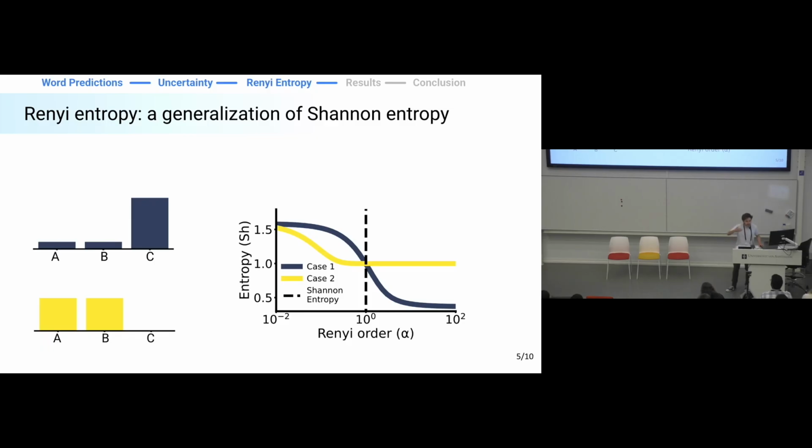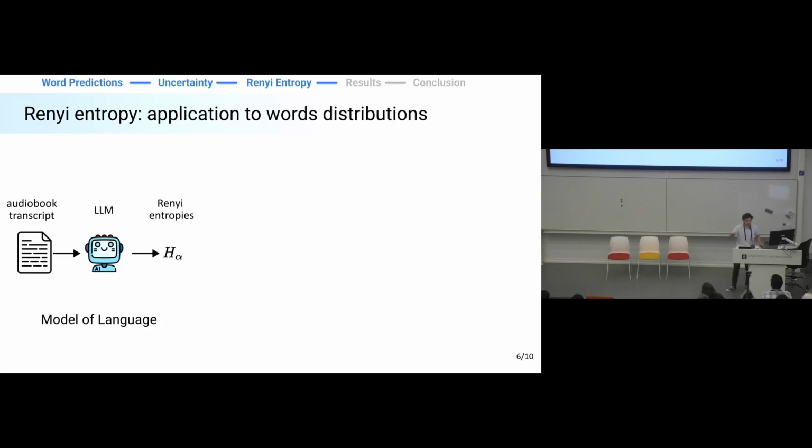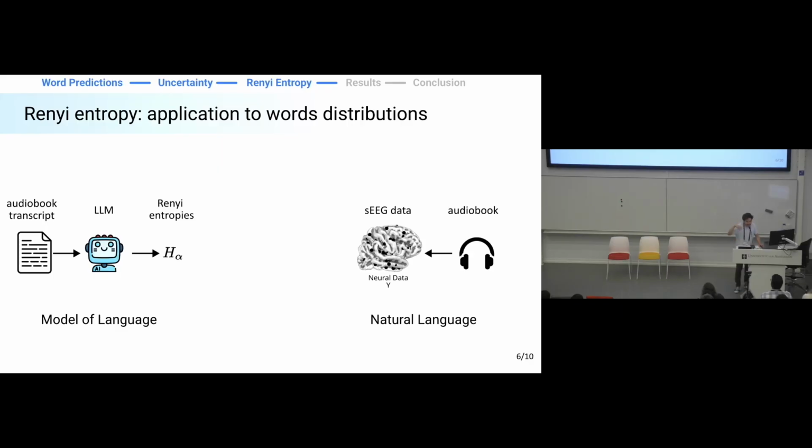Cool, but that's 3 events. Let's add a bit more events and look at, I don't know, 32,000, for example. I feed an LLM with an audiobook transcript. You've been hearing that the whole time. It outputs a probability distribution. I get the Renyi entropy. Cool, I use a predictive black box. And then on the other side, I use the actual predictive black box, which is your brain. I feed it with the same audiobook. And then brain alignment using Gaussian copula mutual information, yada, yada. You've been hearing that the rest of the week.